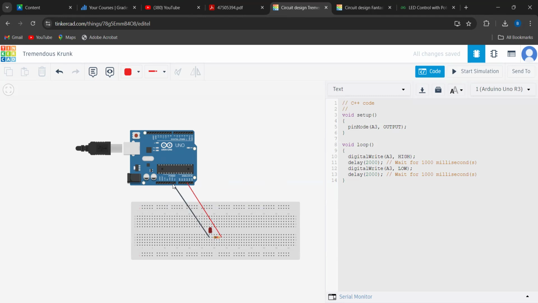There's the ground over here. We get the normal voltage, and it says that for 2 seconds you turn it on, and then for 2 seconds you turn it off. So this is what the digital write is. The digital write takes the analog input or the output, the pin A3, and sets it